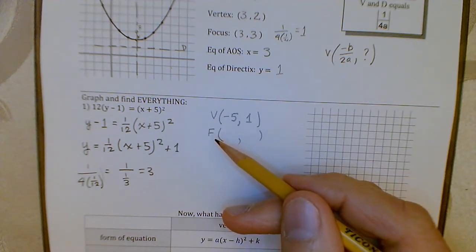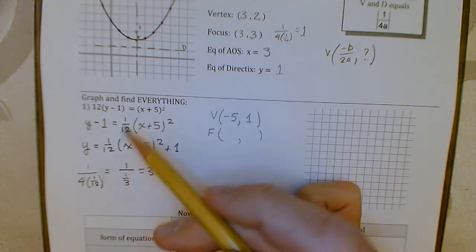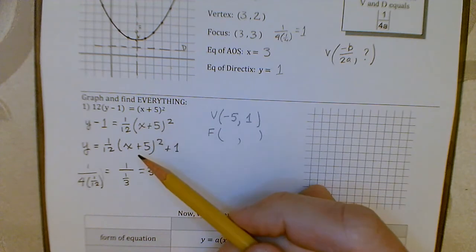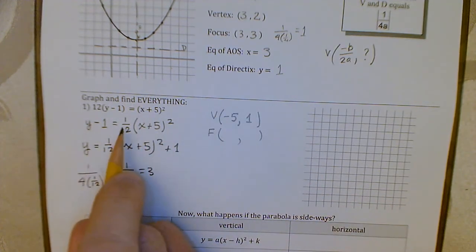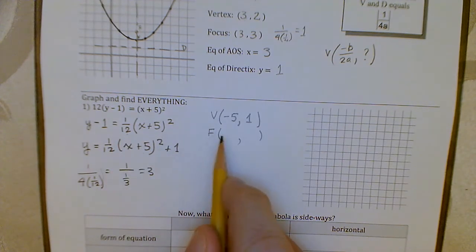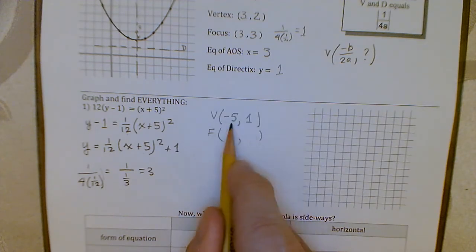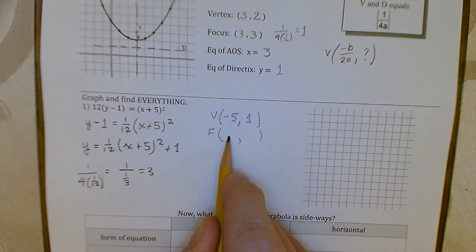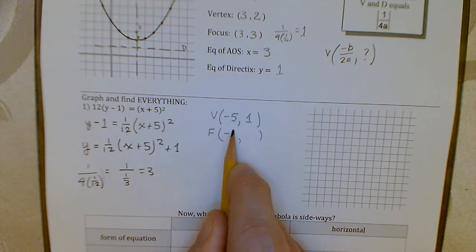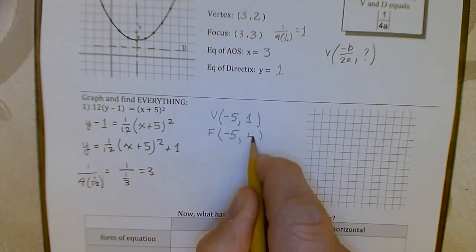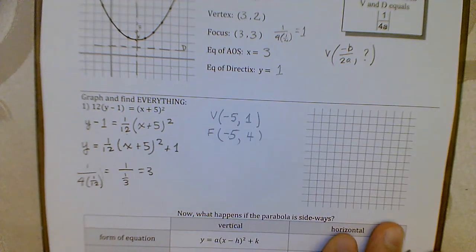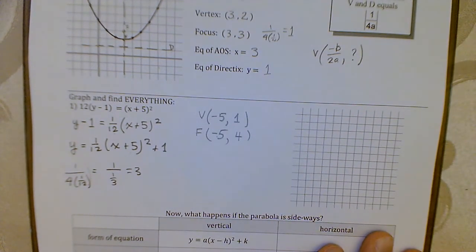But which of these numbers is changing, right? In order to get the focus to be 3 away from the vertex, but in the right direction. So we notice that this is opening up or down, and it's opening up because the a is positive. So we are going to go up 3 from this point, and so the x will stay the same. The y has increased by 3, so our focus is at -5, 4. Okay,